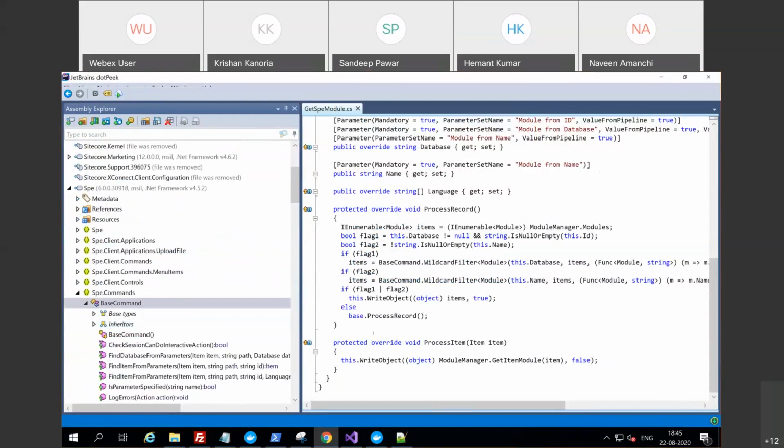Similarly, if it's a native Microsoft PowerShell commandlet, then it will be available in the PowerShell folder on the C drive or maybe in the GAC. From there also you can decompile and check. But it is recommended that you don't modify any out-of-the-box commandlet. You always create a new one inheriting the existing one.